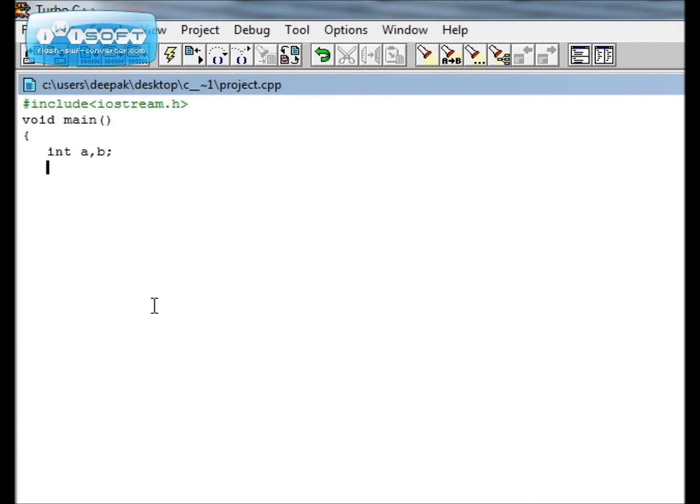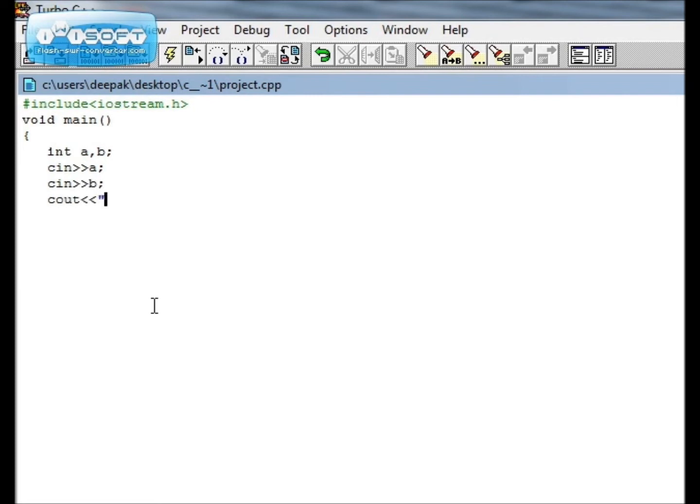So what will we use to give input, which stream? Yeah, cin, right. So cin a, terminated by a semicolon. Every statement in the body of the function main, in every function body, will be terminated using a semicolon. Cin b.